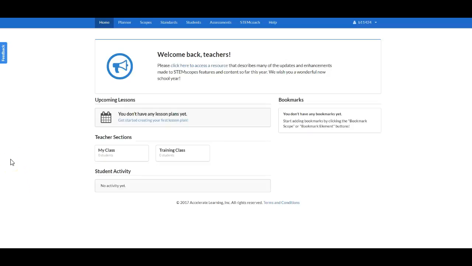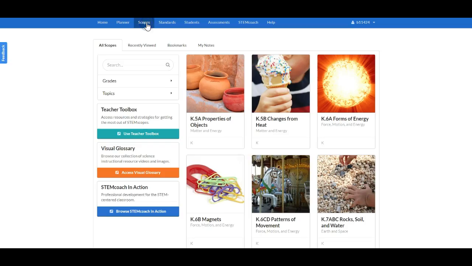Okay, for the next piece, we're going to take a look at the scopes component of STEM Scopes, which is really the place that you're going to be spending most of the time. To access the scopes, you simply click on Scopes, and from here you're going to see all of the choices that you have for kindergarten all the way up through 5th grade,